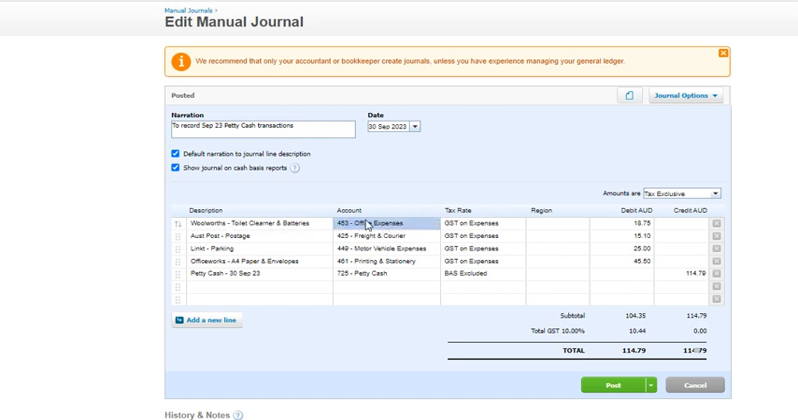This Woolworths is for office expense, postage is for freight and courier, parking is a motor vehicle expense, Officeworks is for printing and stationery. And then all expense items are debited, and then the petty cash account is credited, because every expense transaction decreases the petty cash balance since it's a current asset with normal debit balance. If we just post this,